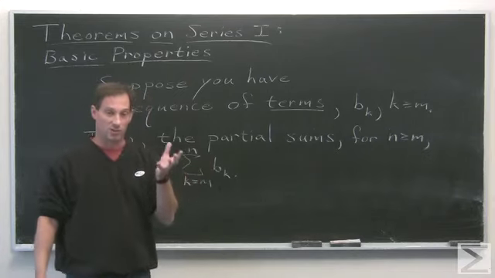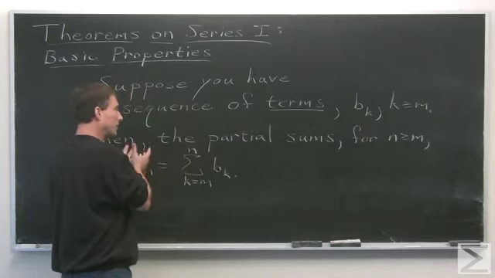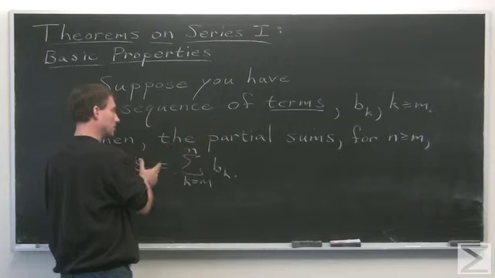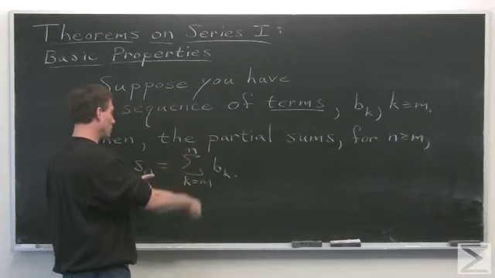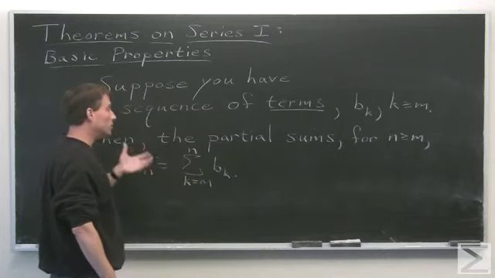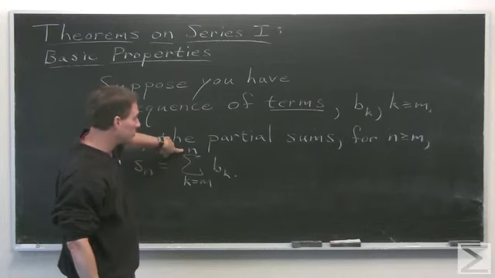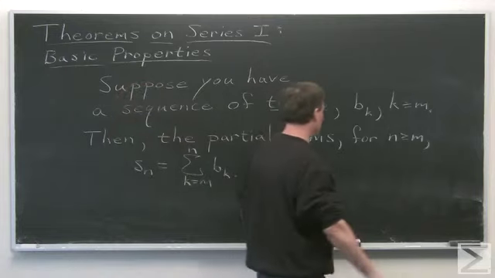Understand, we're trying to make sense of an infinite sum. And so we form this new sequence. There's a sequence of terms, and the sequence of partial sums. This is where, as n gets bigger, you add more and more of the terms. And what you want the infinite sum to mean is what this approaches as n approaches infinity. So then